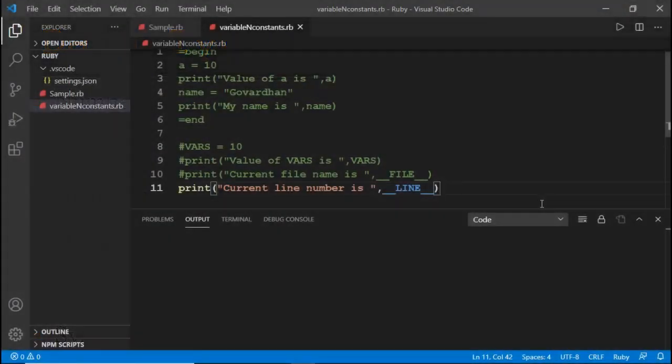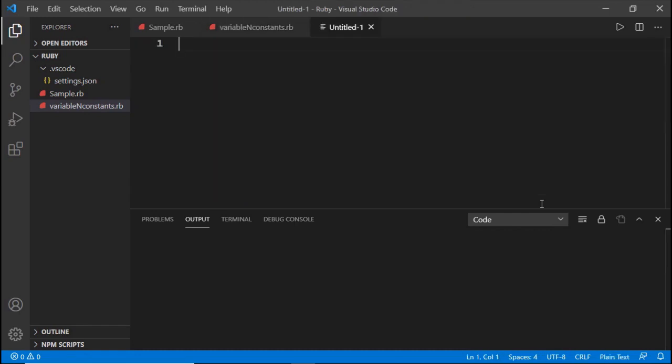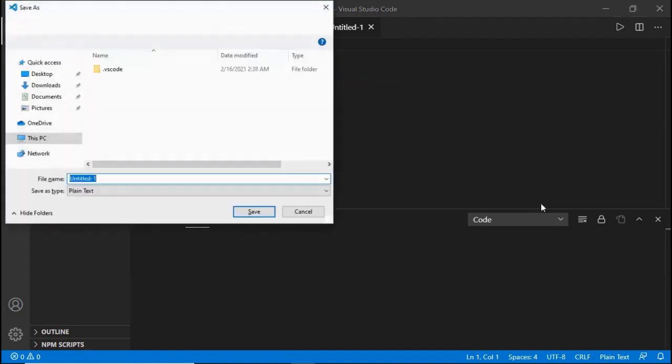Here, integers and floating point values come under the number data type. If you want to check the type of data that you are using in our program, we can use a variable name dot class.